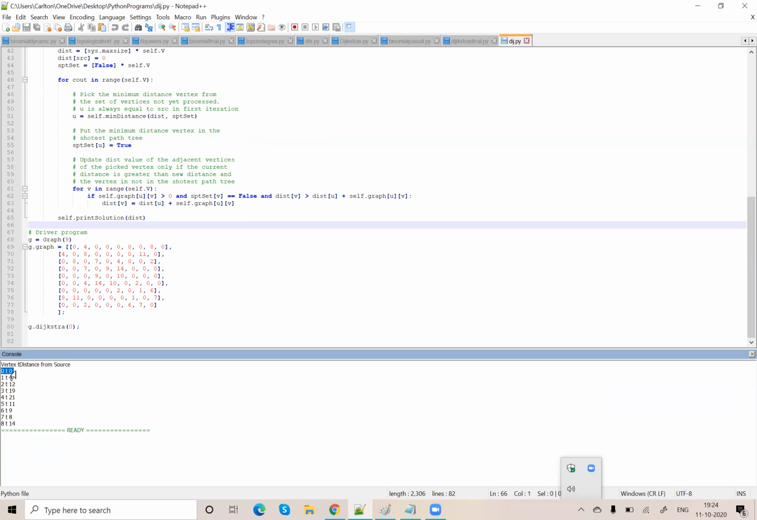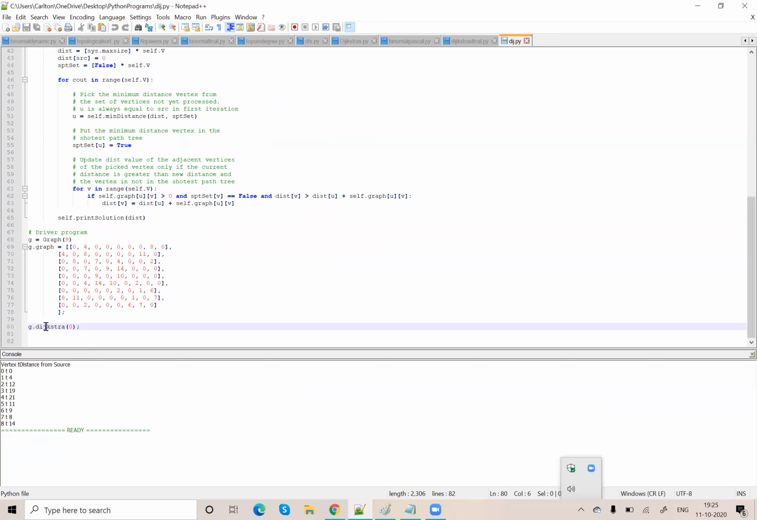So here in the console, you can see all these values. I think all of you are able to see these values. It is vertex distance from the source. So my source node I have passed here. Here you can see g dot Dijkstra's of 0. So the source node is passed, from 0 to all the other nodes. Since it's a 9 vertex graph, we have 0 to 0, 0 to 1, 0 to 2, up to 0 to 8. What is the shortest distance I am getting? That is getting printed here. So that's it, students, about this